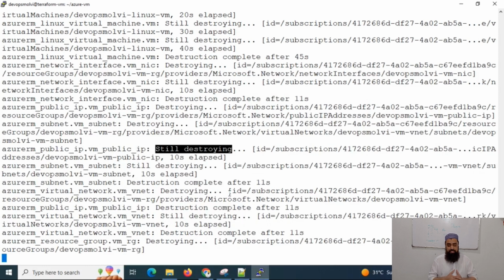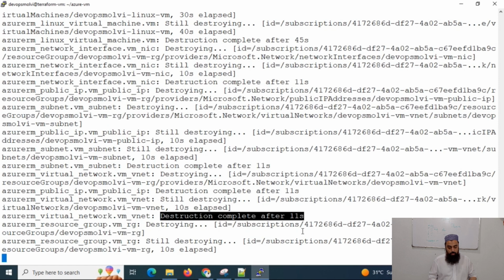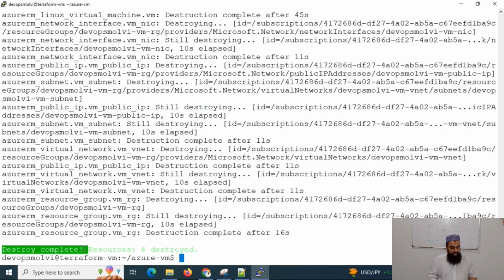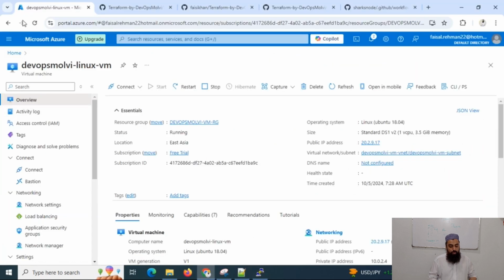Since there are 6 resources, that's why this is actually taking a little longer. And once a resource is destroyed, we get the information, the log, that this resource has been destroyed, its destruction has been completed. All right guys, now you can see the destroy has been completed,